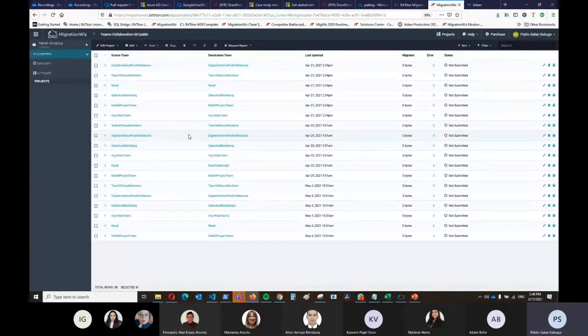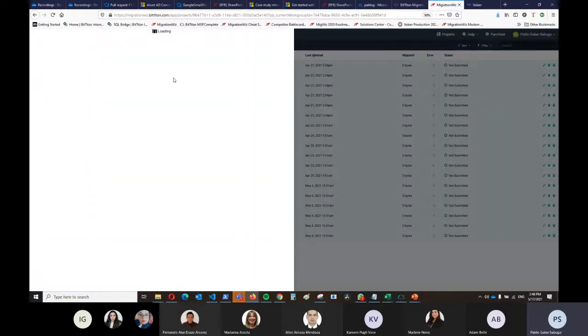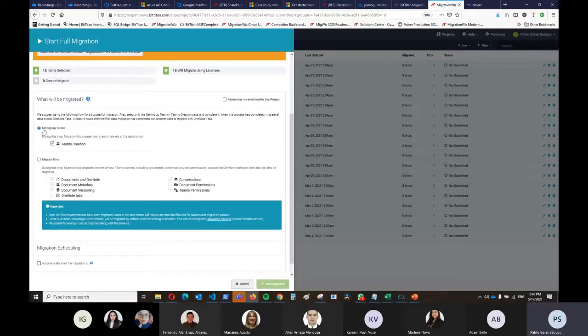After saving the team mailing names, we'll have these migration line items, and we can start the migration just by selecting each of these lines, clicking on Start, clicking on Full Migration. Here, the migration options will be a little bit different. There will be an initial step to set up all the teams at destination. With this first full migration pass, we'll be creating all the teams, all the channels,